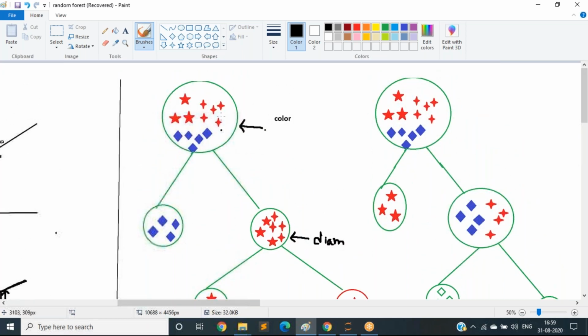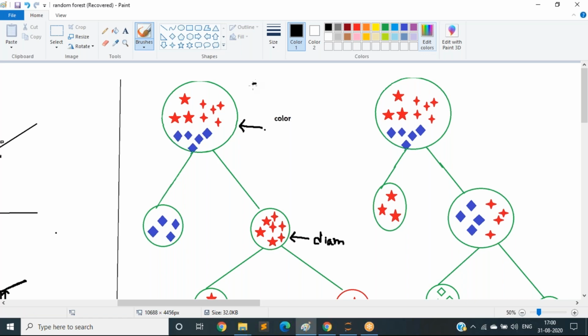What is the backend doing here? By just seeing, we say it is splitting with the color, with the diameter. But at the backend, it splits the data by calculating the information gain and entropy. By calculating the information gain of every feature, the one which has more information gain will split into the groups.